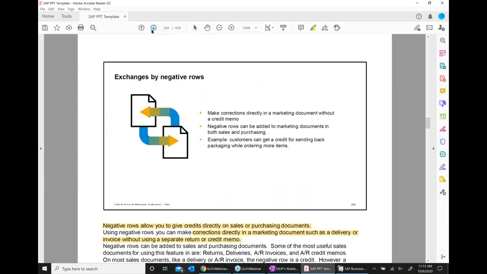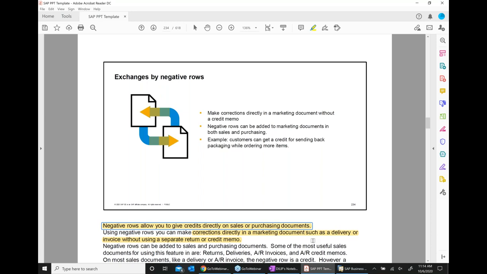There is also something called exchanges by negative quantity. A negative row allows you to give credit directly on the sales or purchasing document. So you can create a negative transaction in the sales order, in the delivery, or in the invoice.